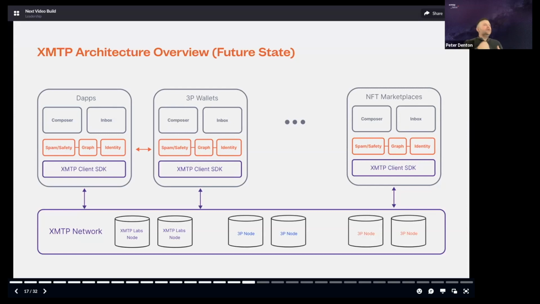Because, for example, when our network is reaching tens of millions of users, there's going to be a lot of needs from application developers to solve really core problems, such as spam and safety. So we've built XMTP in a way that you can layer in services. What we don't want to do is be prescriptive on anything beyond the encryption schemas and the nodes. So as you think about building apps, there are multiple levels that you can build at